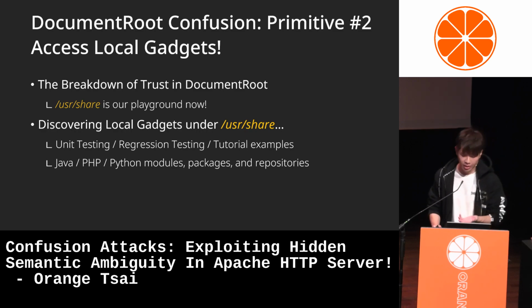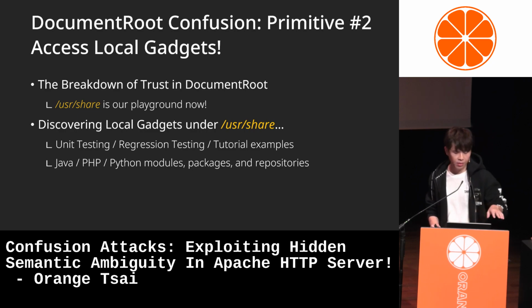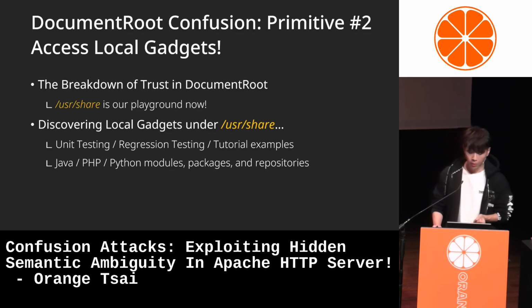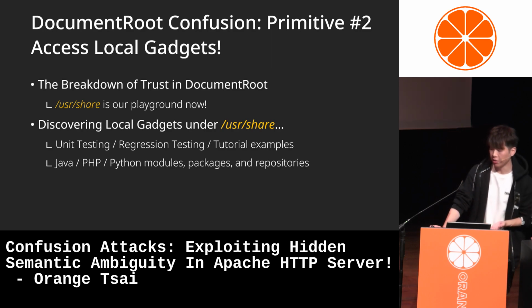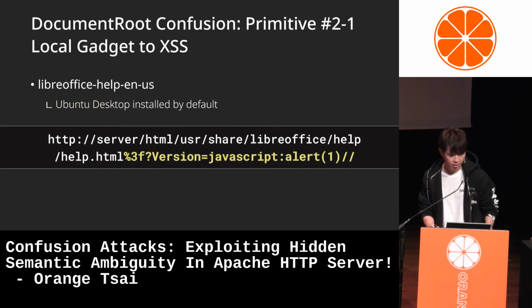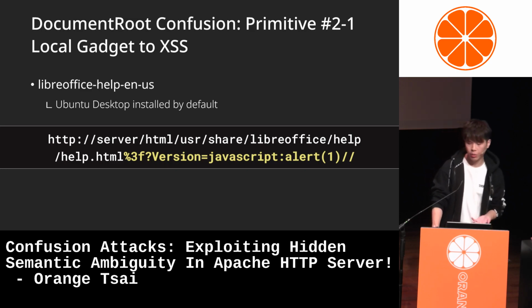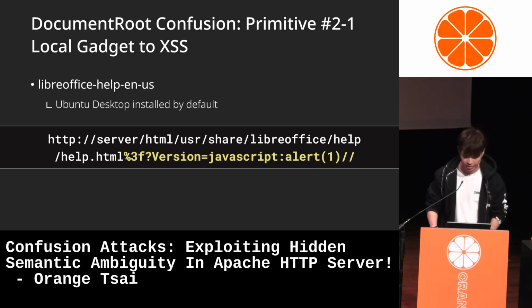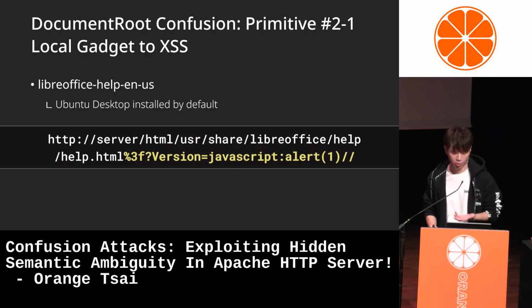So the next step is to find out what files under this folder we can exploit. We can leverage existing tutorial examples, unit tests, or even packages from programming languages to become our gadgets. The first gadget we are going to demonstrate is leveraging the LibreOffice library, which is installed on Ubuntu desktop by default.